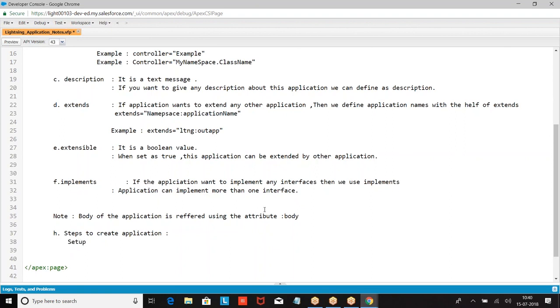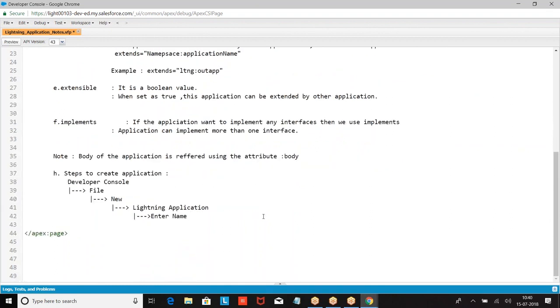Setup. From developer console, open the developer console.